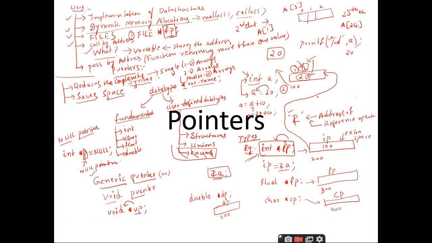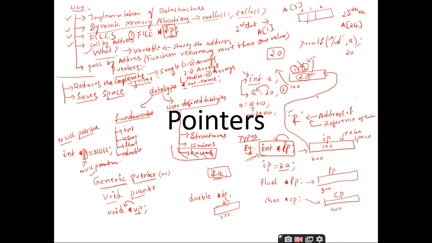So these are the various applications or usages of pointers, and the benefits of pointers we have discussed are two points. First, it reduces the complexity. That means when you are dealing with programming related to multi-dimensional arrays, you declare the multi-dimensional arrays using pointers and you will get a very clean and neat program without any errors, right?